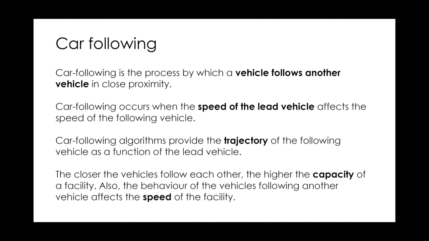Obviously, the closer the vehicles follow each other in traffic, the higher the capacity will go. If we have cars following each other with a very large buffer, with a very large distance from each other, that means the road is carrying fewer vehicles per hour. But if vehicles are very close together, the capacity goes up. And the behavior of the vehicles following each other affects the speed of the facility, as you can probably tell, and that's where I think